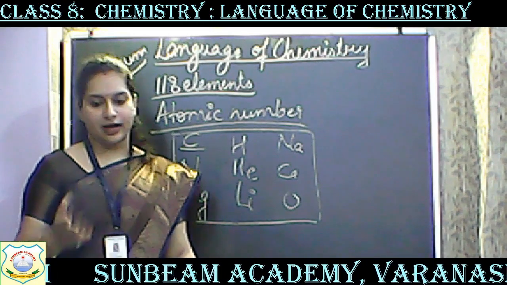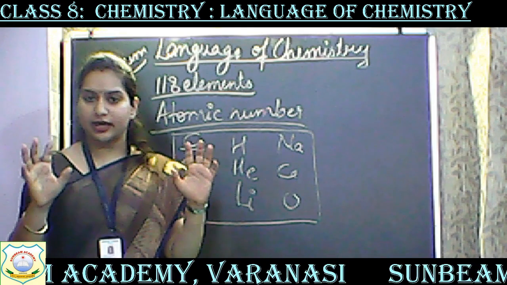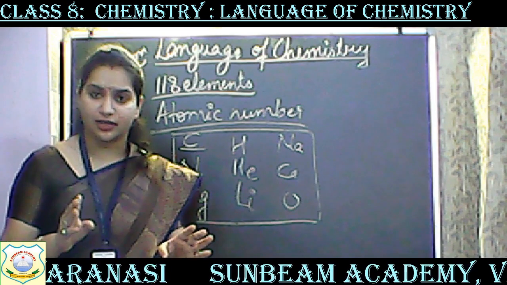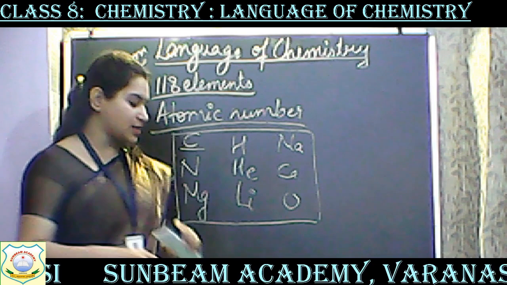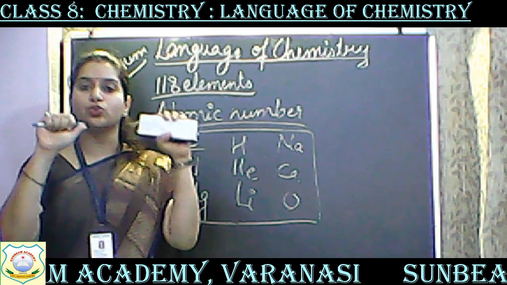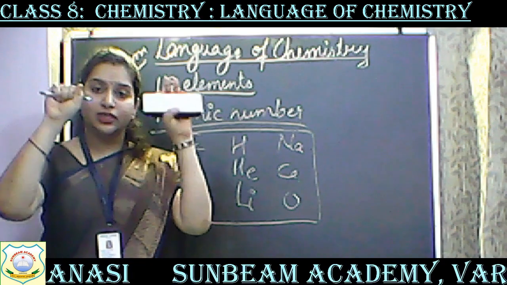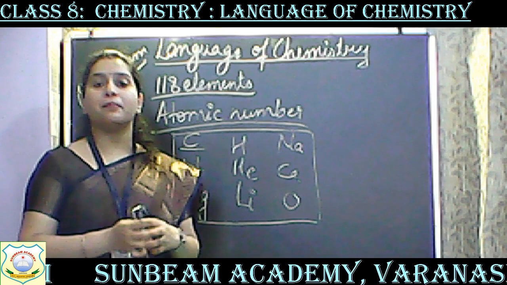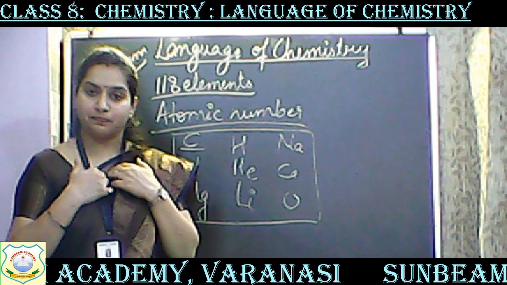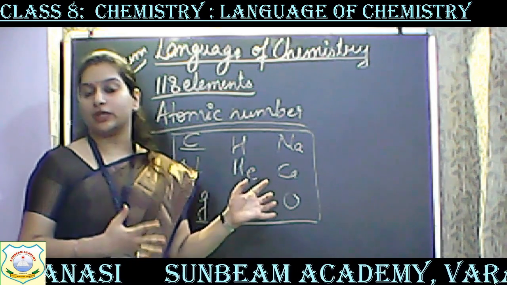Like, I am again giving you the same example. We are having two hands. Yes. So we have only two hands to grasp anything. Like we can take this duster in one hand and we can take this pen in the other hand. So we can only take two things. Okay, only two things can be attached with us. Alright, so this two is my combining capacity. Alright, this two is my valency. Got it? Same is the thing with numbers, same is the thing with these elements.